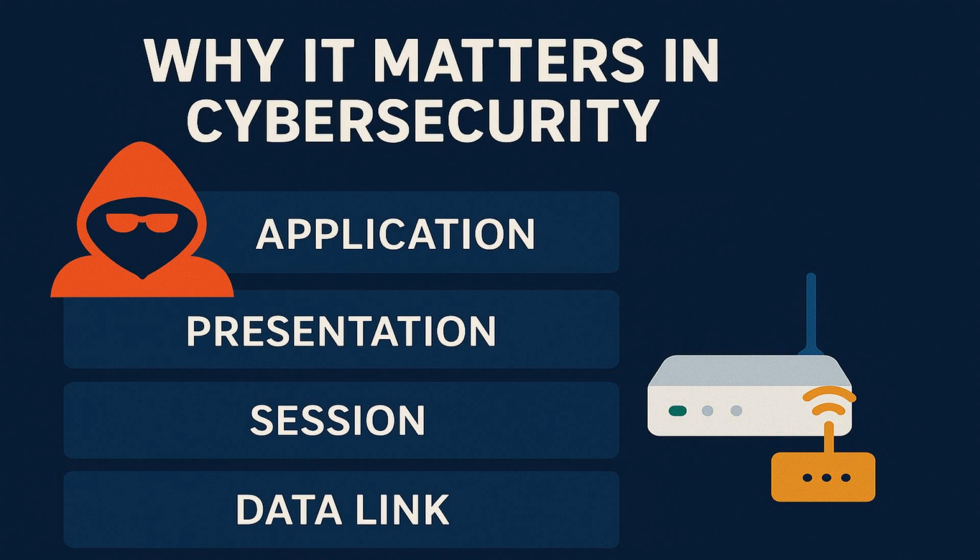Because understanding these models helps you pinpoint where things can go wrong. Whether it's a hacker exploiting the application layer or a misconfigured router at the network layer, knowing these layers helps you defend and troubleshoot smarter. So next time you hear someone mention the OSI or TCP/IP model, you'll know exactly what they're talking about